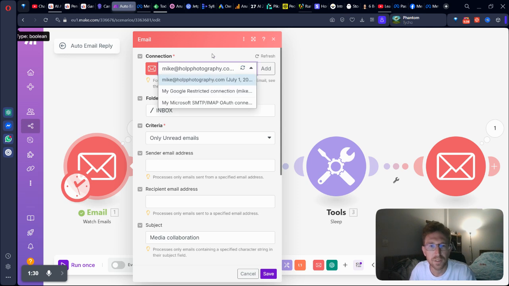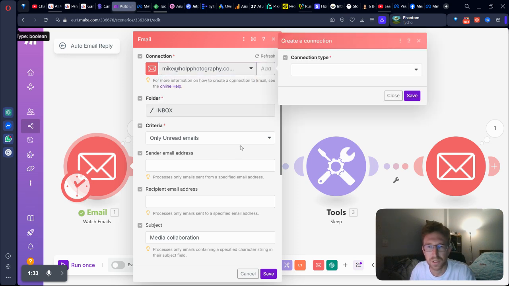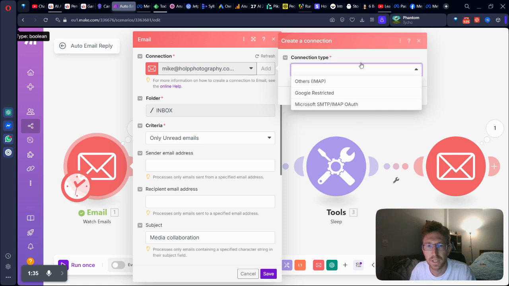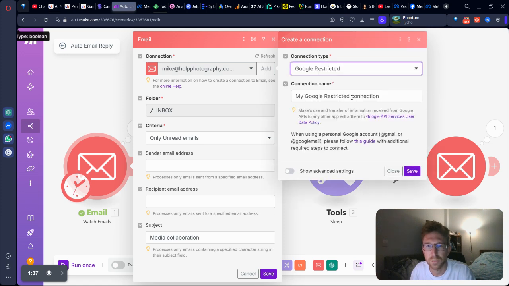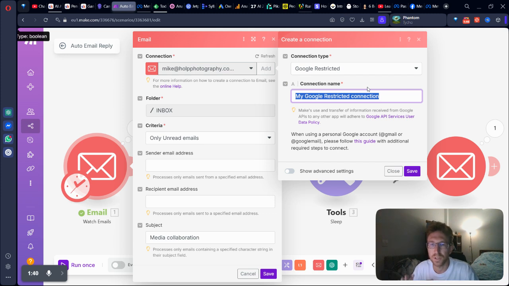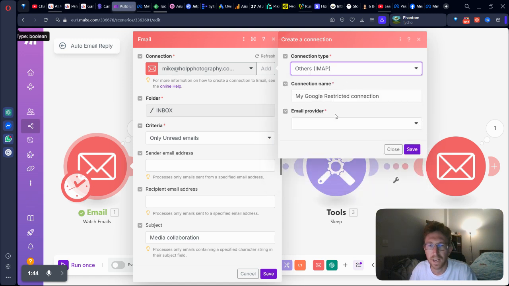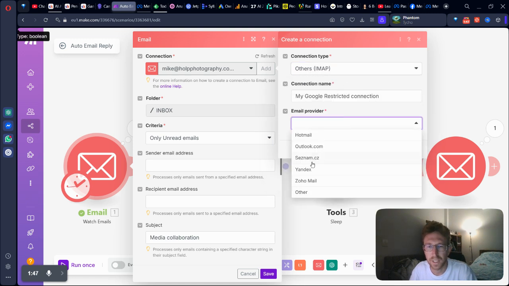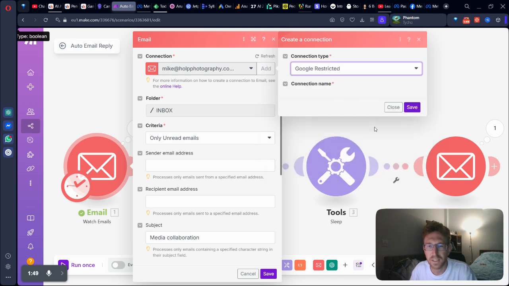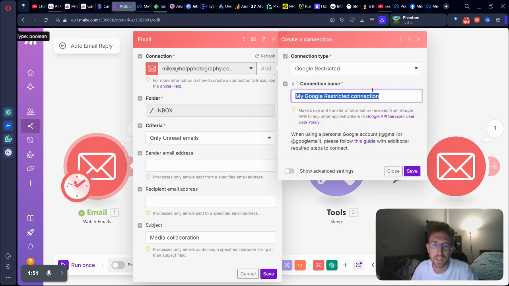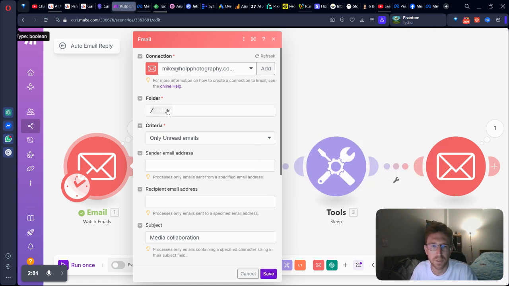First of all, you're going to want to connect up your email account, which is very straightforward. You just come over to connection type, and it's going to be Google restricted to connect it up to a Gmail account. If you want to use your own email account, it would most likely be IMAP, and then you just have to select the email provider here. But in this case, I'm just using Gmail, so you can give it a name. In this case, I've already set all of this up, and then you're just going to log into your Gmail account, click Save, and once that's connected up,